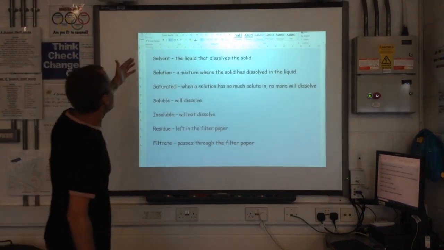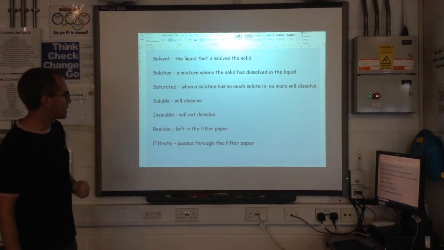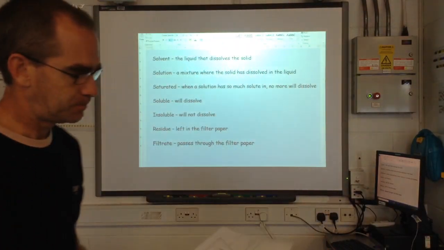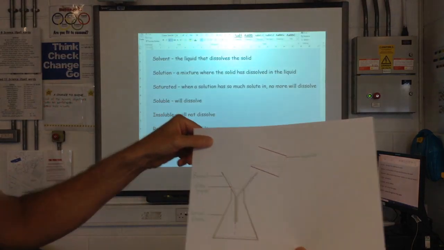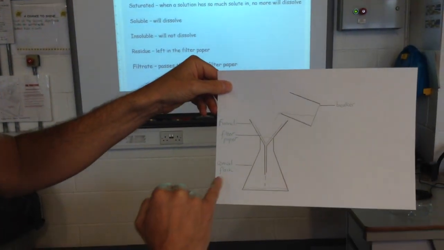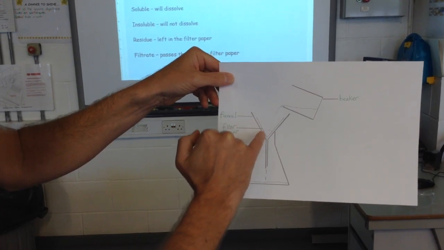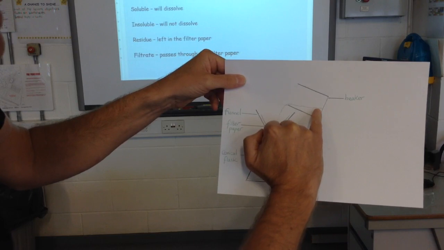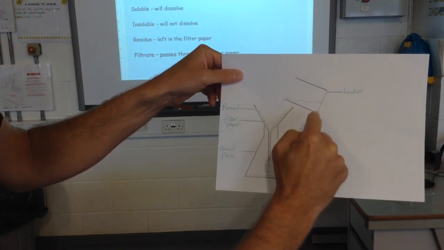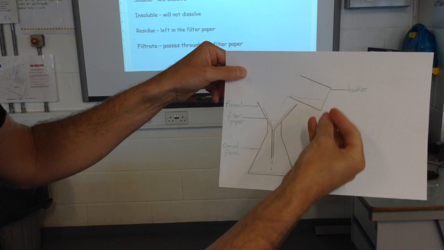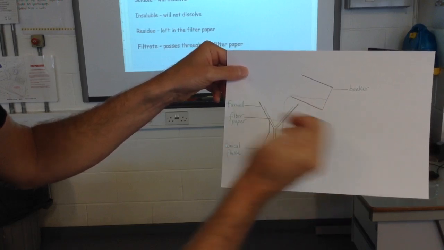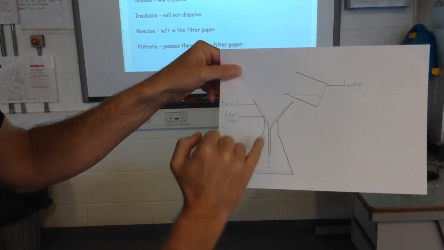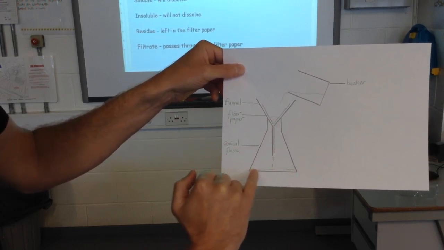So, 8 keywords, very, very similar to each other. And one more thing I'm going to show you, and that's the diagram here. Okay, so I've named the equipment first of all. We've got the conical flask, the filter paper sitting inside the filter funnel, and a beaker. So in here we'd have our mixture, so this could be obviously the water with the salt dissolved in it and also some of the sand. What's left behind in here would be the residue,